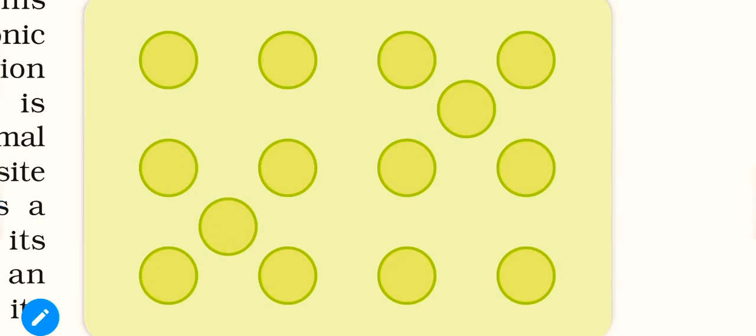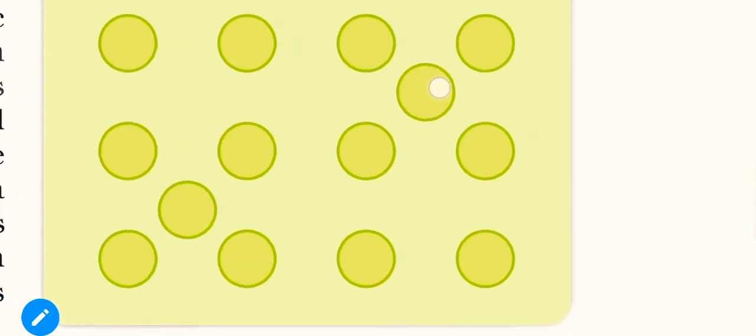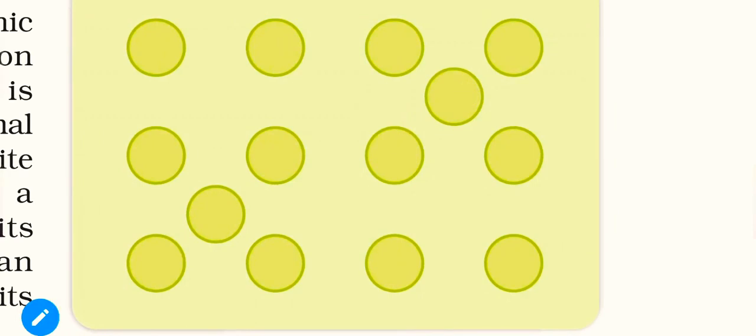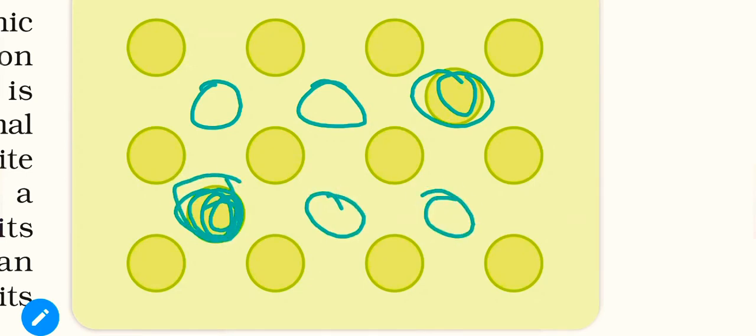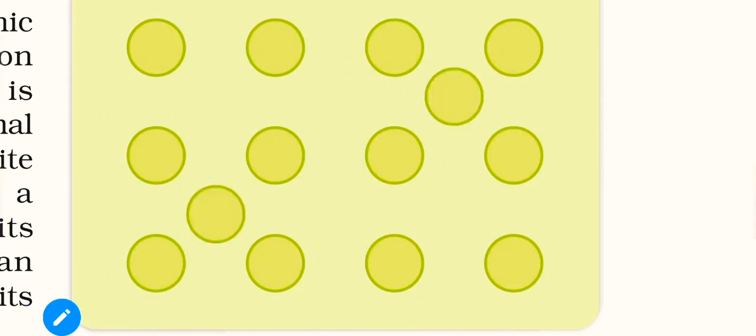So that means in this type of defect, the site should actually be empty. As we can see in this figure, this location and this location should be empty, but instead certain particles occupy that site, so it is called an interstitial site. So in an actual crystal, these locations should be empty. That means these locations are voids, but some particles occupy this empty space, and that's why they create defects, and this defect is called interstitial defect.